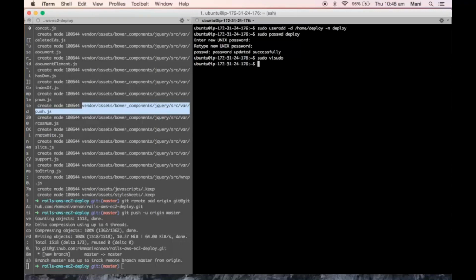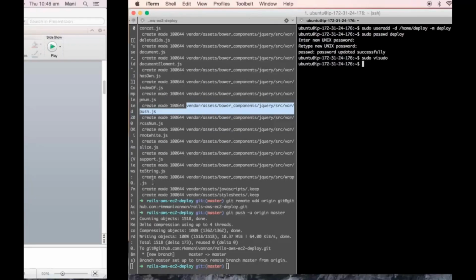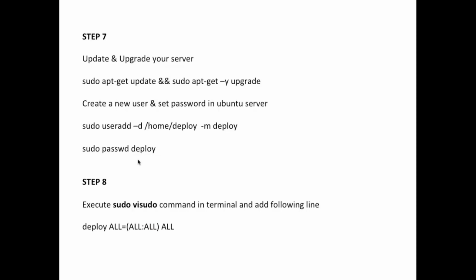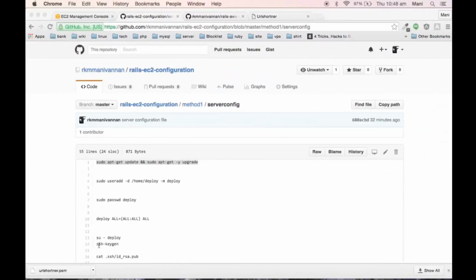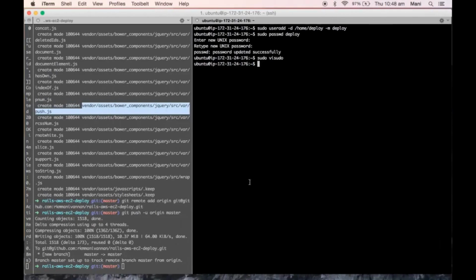So we created a new user, we added a password for the user, and we gave a sudo option to the deploy user. Next, we need to log in as the deploy user, and we need to create an SSH keygen for the deploy user. This is the command.